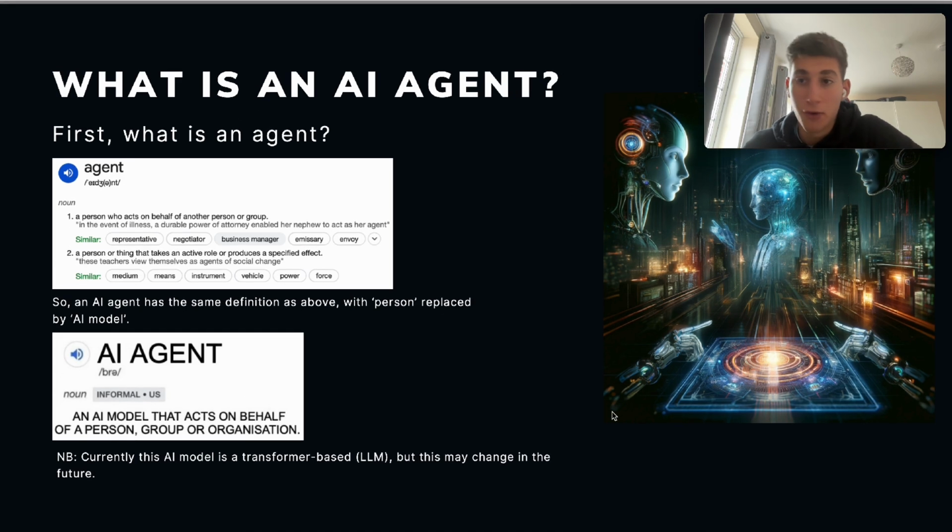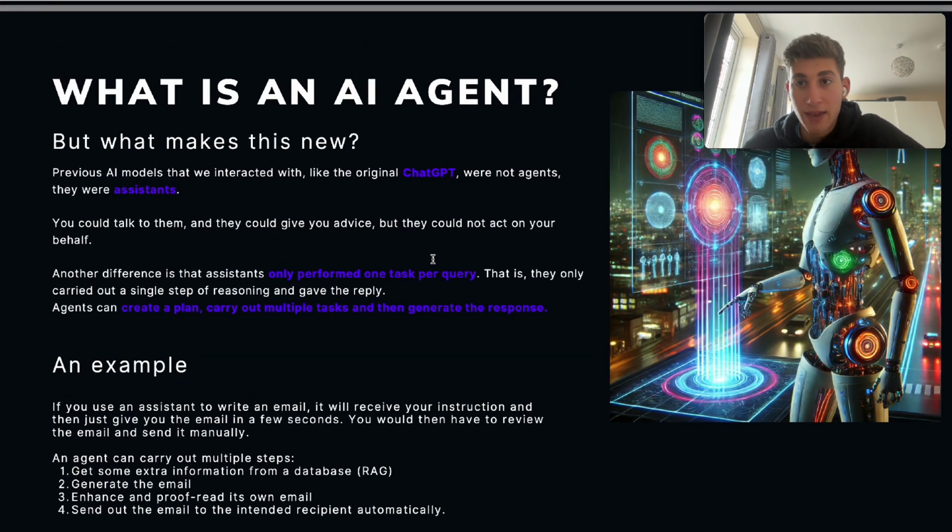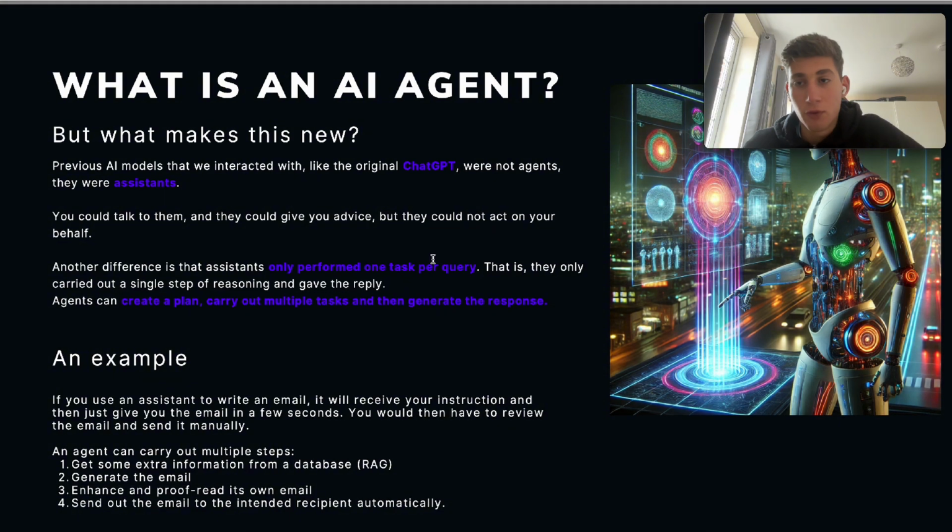Well, first, before that, what is an agent? So an agent is a person who acts on behalf of another person or group. So an AI agent is an AI model that acts on behalf of a person, group, or organization. So previously we had AI assistants. So ChatGPT, that's an AI assistant. It can talk to you, it can give you answers, it can answer your questions, but it can't perform any